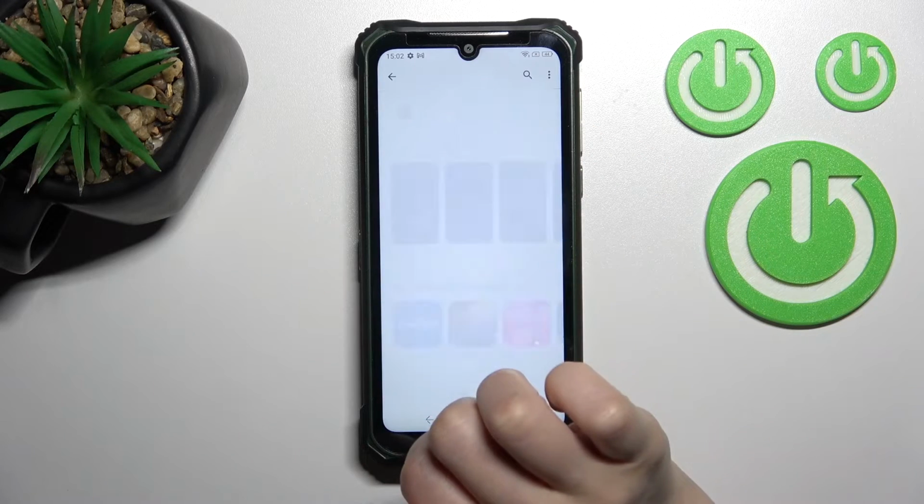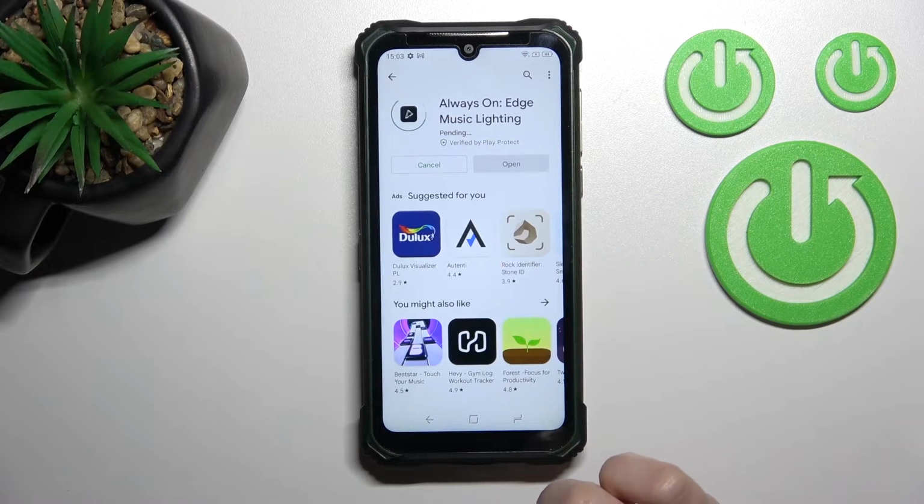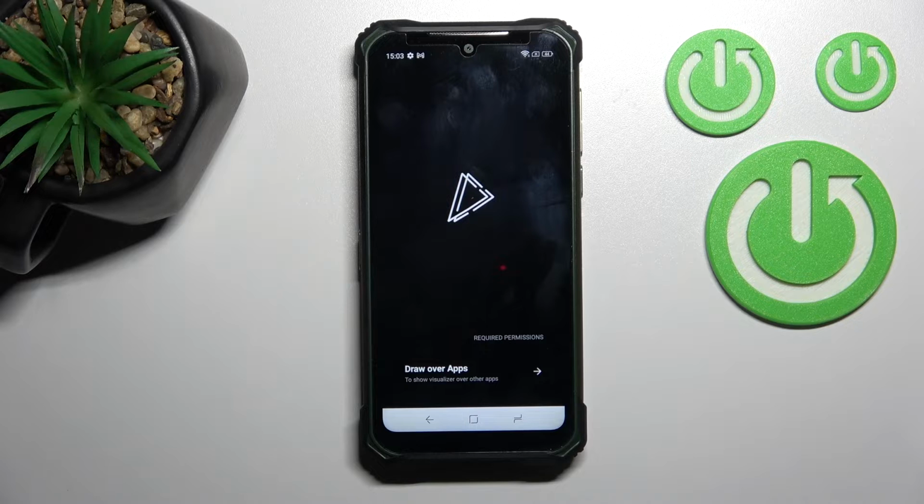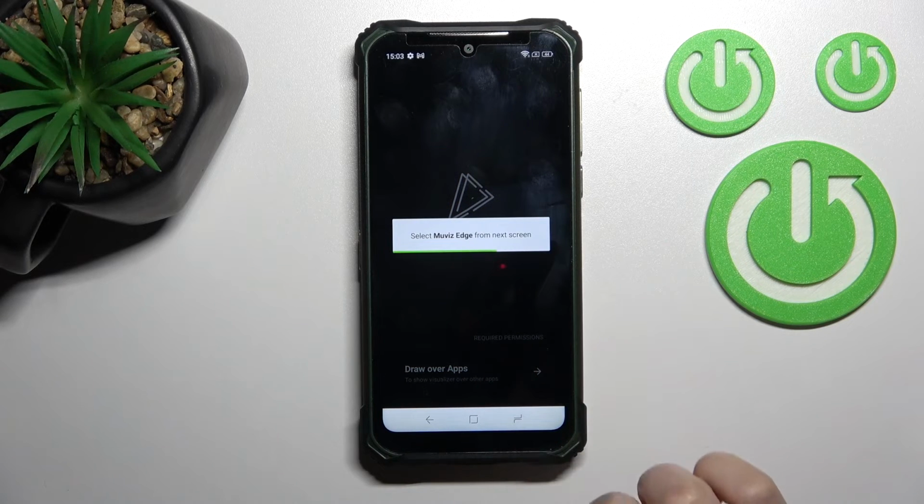So now just tap to install and wait a couple of seconds while this application is downloading and then installing on your device. After that, just open the app here, click draw over apps,